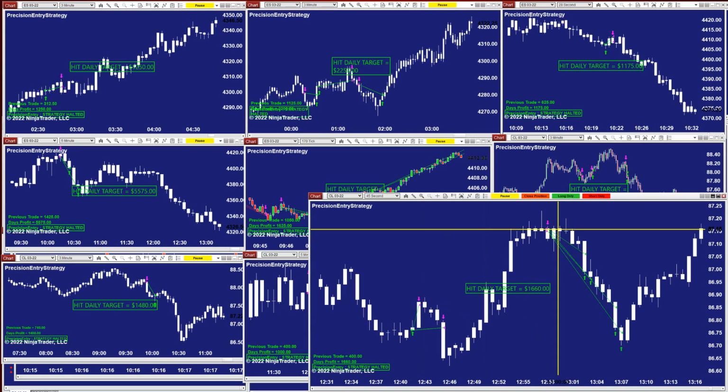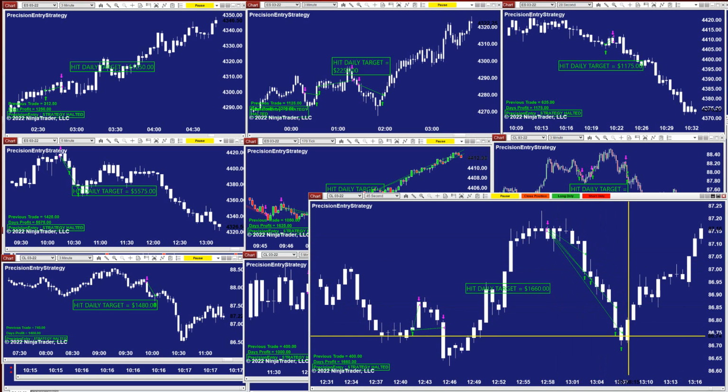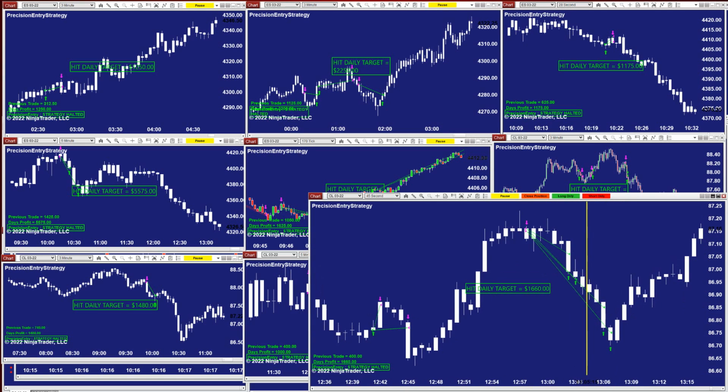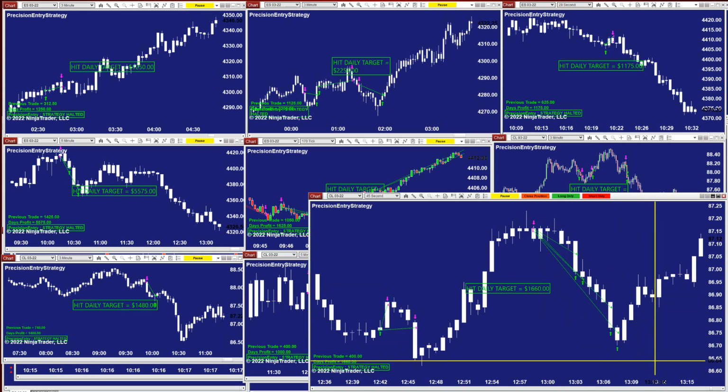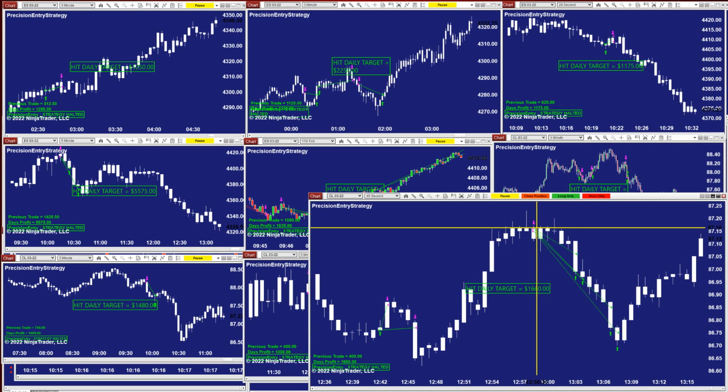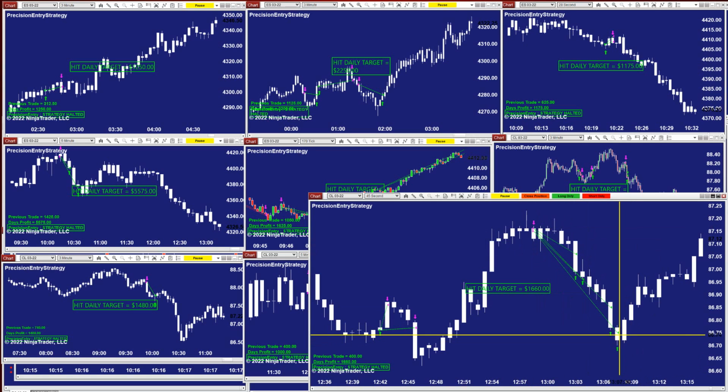So what happened here, it predicted the short, and it took 1, 2, 3 and done. The way it exited this is a perfect entry, perfect exit. I've been trading for 27 years. I cannot nail it like this one. I will never be able to predict this one, and I will never be able to close my trade like this. So this is an advantage, but also you need to look at the 1 minute chart